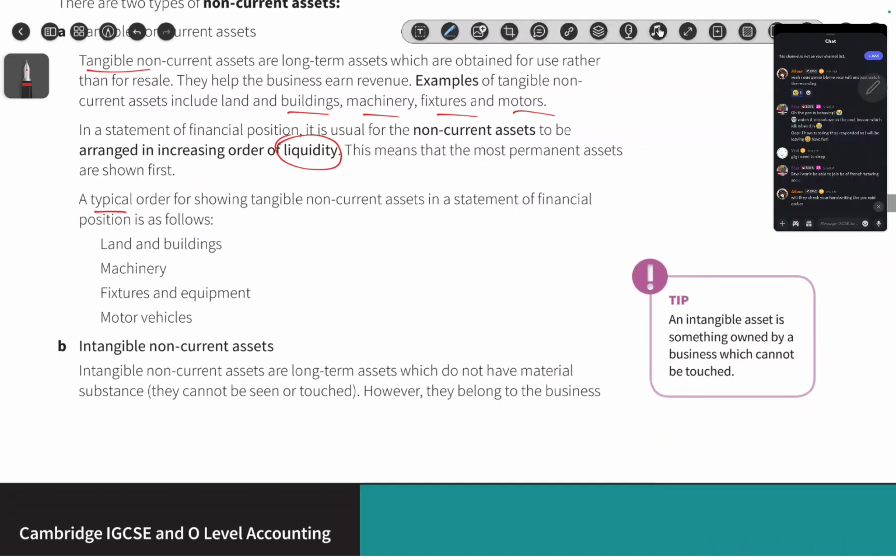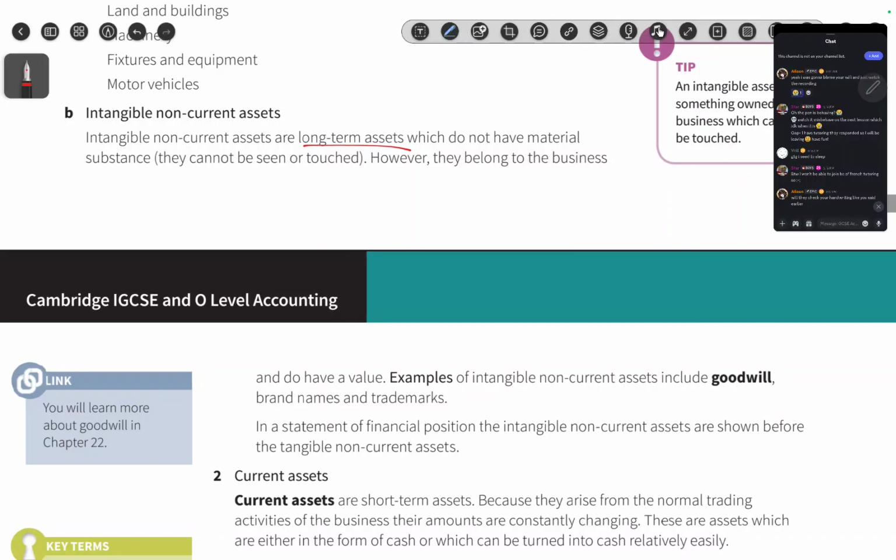Anyway, intangible non-current assets are again long-term assets. Intangible non-current assets means long-term assets which do not have material substance. You can't touch them or feel them. They belong to the business because they're an asset. Everything that's an asset is something that the business owns and that has a value. Examples are goodwill,